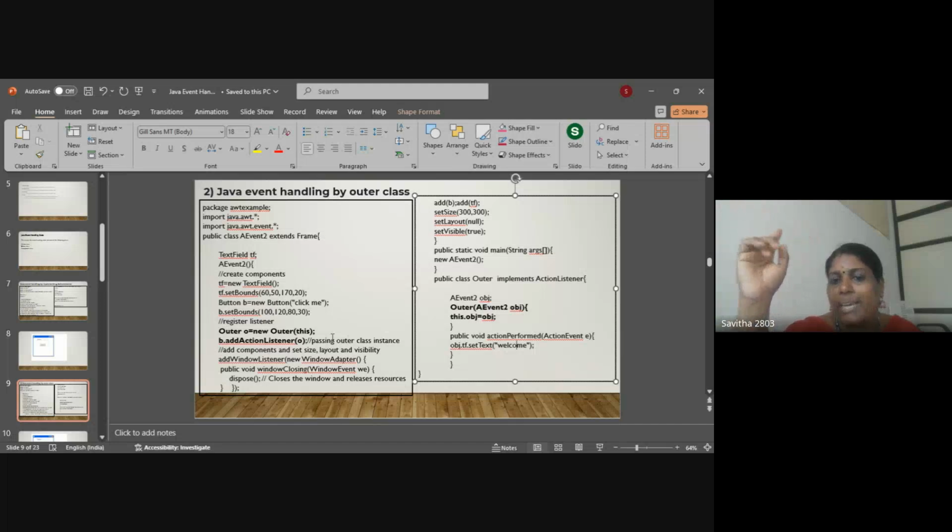and by using tf.setText, it will be welcome. Here, we created one object for the outer class. By using that object only, we registered the addActionListener, and using that object, we called the actionPerformed functionality. Then inside the actionPerformed, corresponding object dot whatever action we need to perform, that will be listed out. So after creating this file,